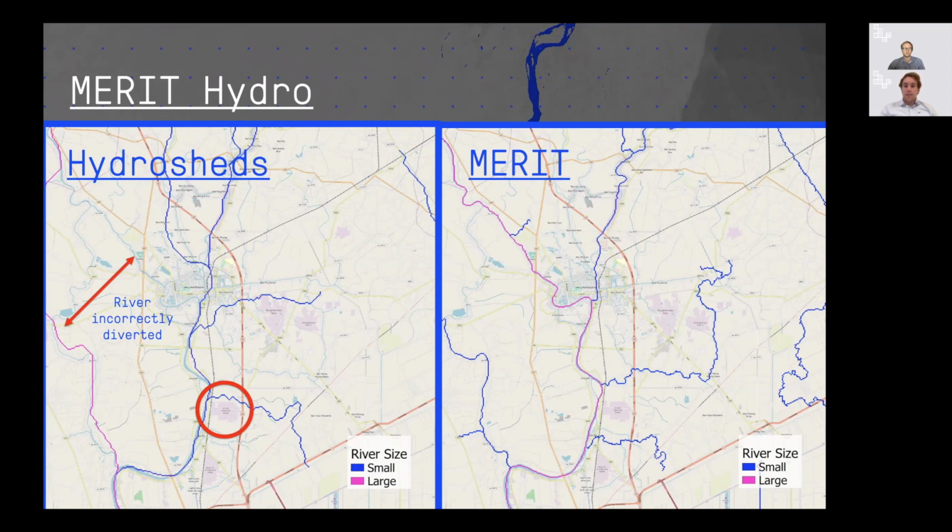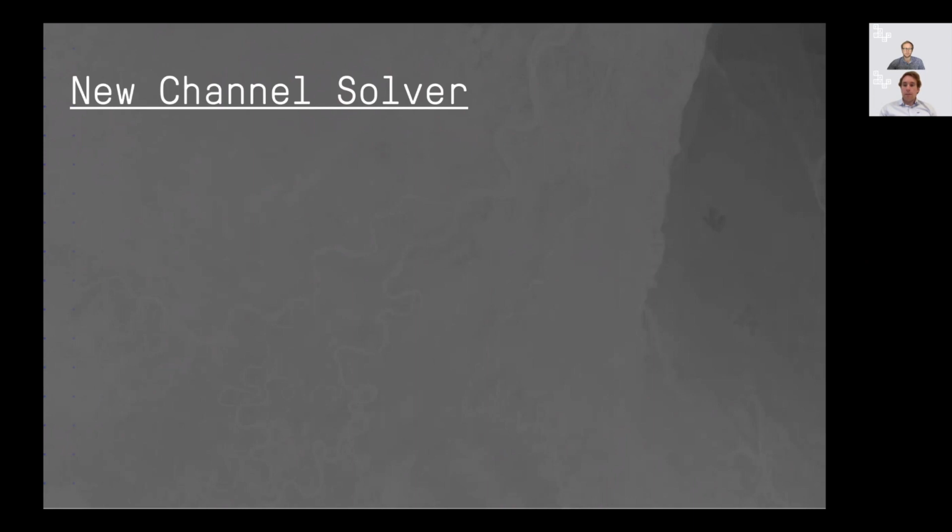And the significance of this is that it's diverted the channel away from an industrial estate which actually flooded in 2011, which is where Western Digital's factory is located, causing a spike in memory prices. So by representing the channels using MERIT, we'll be able to better pick up